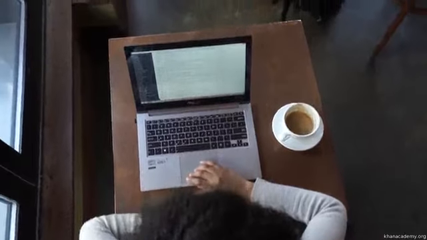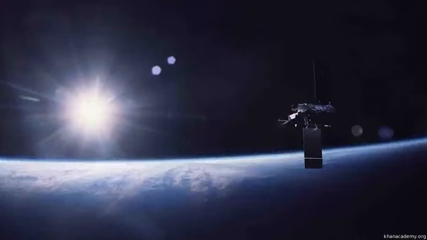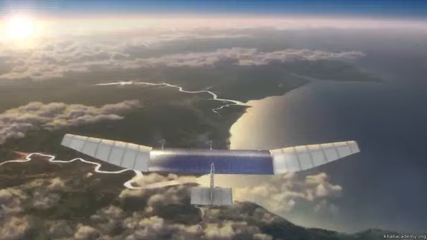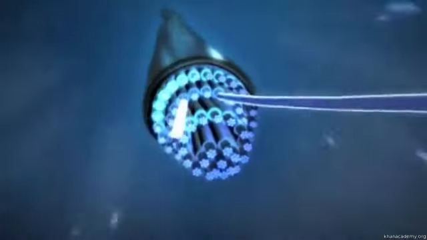If you're in a coffee shop using Wi-Fi, then the bits get sent through this wireless router and then are transferred to the physical wire to travel the really long distances of the internet. The physical method for sending bits may change in the future, whether it's lasers sent between satellites or radio waves from balloons or drones, but the underlying binary representation of information and the protocols for sending and receiving that information have pretty much stayed the same. Everything on the internet, whether it's words, emails, images, cat videos, puppy videos, all come down to these ones and zeros being delivered by electronic pulses, light beams, radio waves, and lots of love.